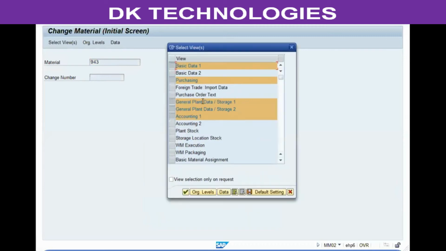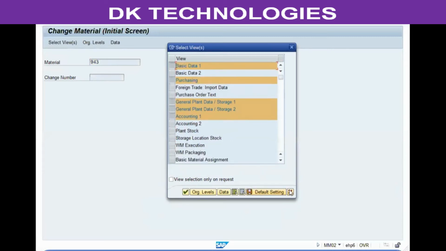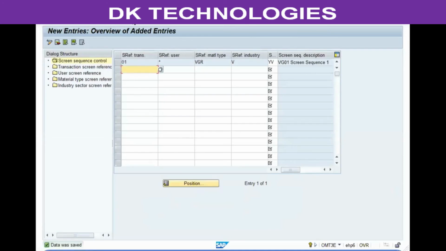So the order is basic data 1, basic data 2, purchasing, foreign trade, order types, and then client data. Then we have storage allocation, stock plan, stock WM. All these are there. So now let's save the changes we just made. The data is saved. Now I go back to the same screen,